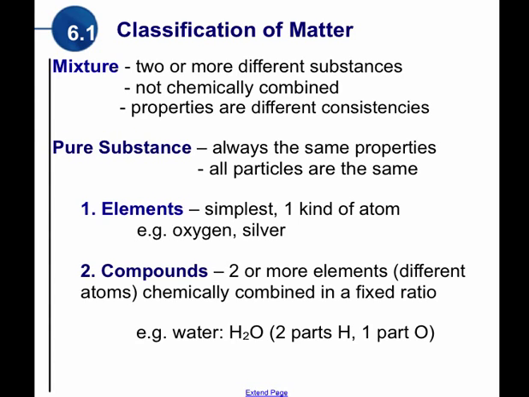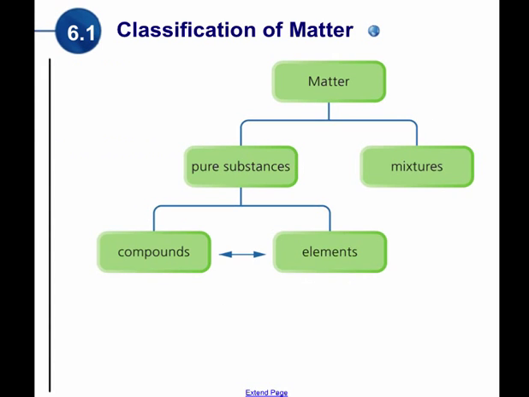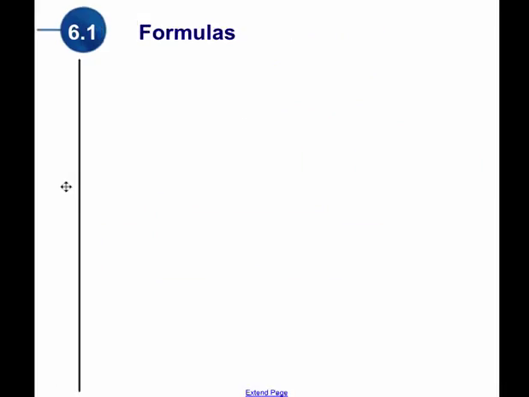Now, a way to easily remember this is by using this chart. All matter can be classified into one of two things: either a mixture or a pure substance. And again, remember, those mixtures are just combined together, stirred up. We're going to focus mostly on our pure substances. And pure substances are going to go one of two ways. They're either going to be elements, such as the periodic table, or compounds, a combination of elements. As we start combining our elements together, we are going to create chemical